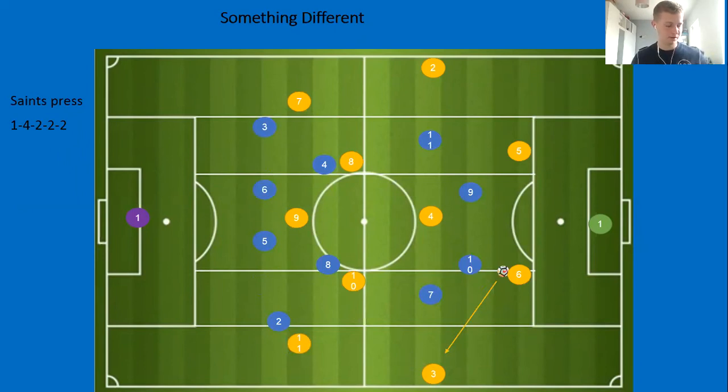Obviously, we haven't played really with a 4-4-2 or 4-2-2-2 or something like that this season, but it might be something that pops up at some point, particularly if it becomes trendy, because everybody knows when Chelsea started playing back three, England started playing back three, everybody else started playing a back three. So coaches out there, teams who we come up against might play this system, and it's just being aware of it and improving your tactical knowledge,